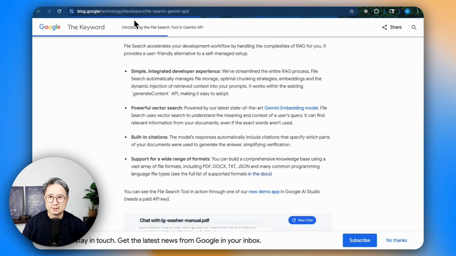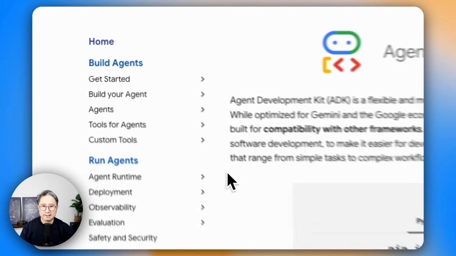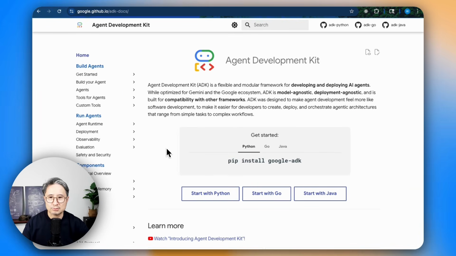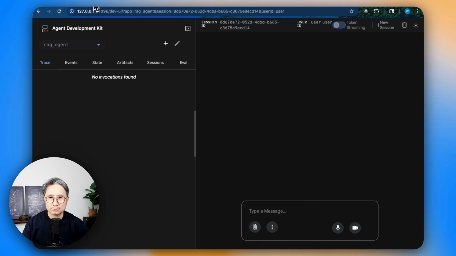Second is the ADK framework and its advanced web UI component, which is a built-in interface that gives you chat in text, voice interaction, camera interaction, file uploads, and more options with debugging tools, freeing you from writing any front-end code. So today I'm going to show you how to combine these tools to build a production-ready RAG